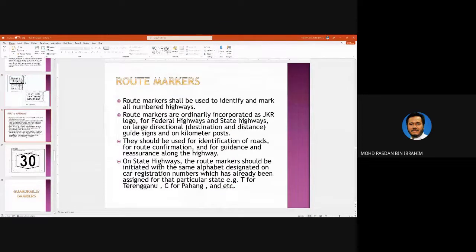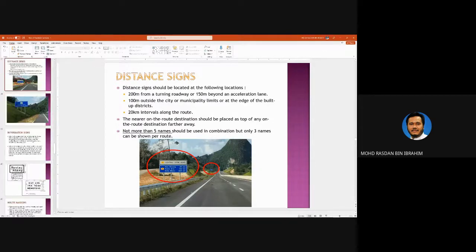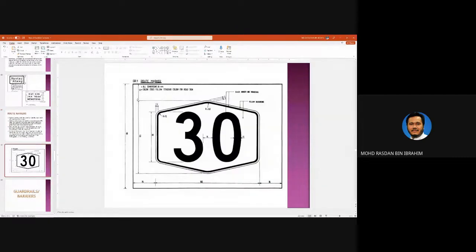And then route markers. Route markers are used to identify and mark all numbered highways. I don't have a picture of this. Normally we refer to route markers using the numbers that we have on distance or directional signs. But there is a sign that is specifically erected just to show that you are on a certain route. That signboard only has this one signboard, with the number here, a large signboard showing you the route marker,